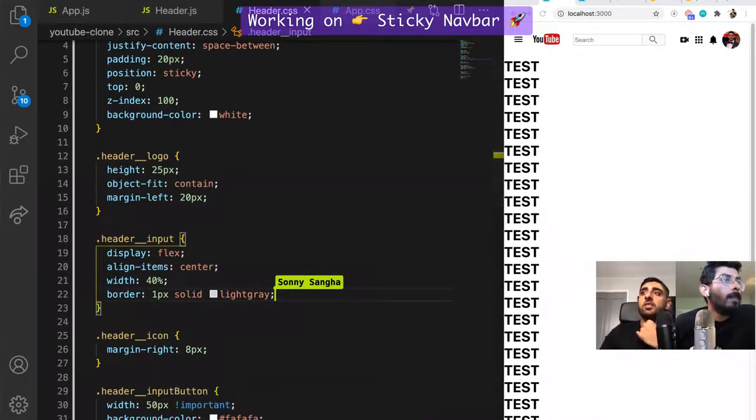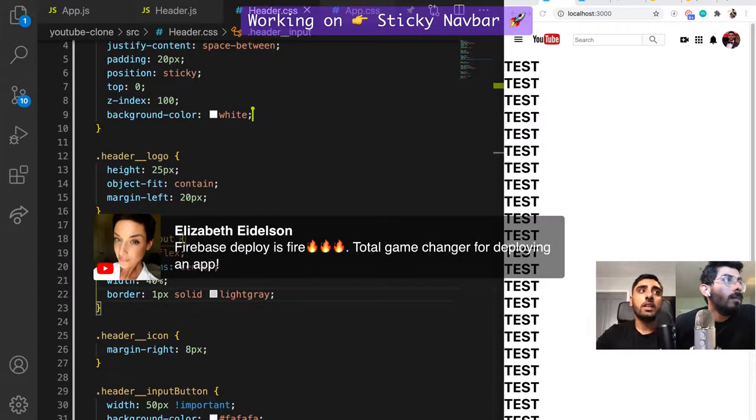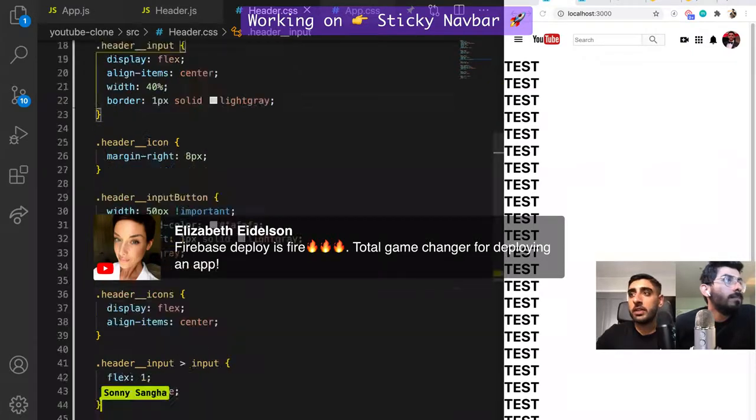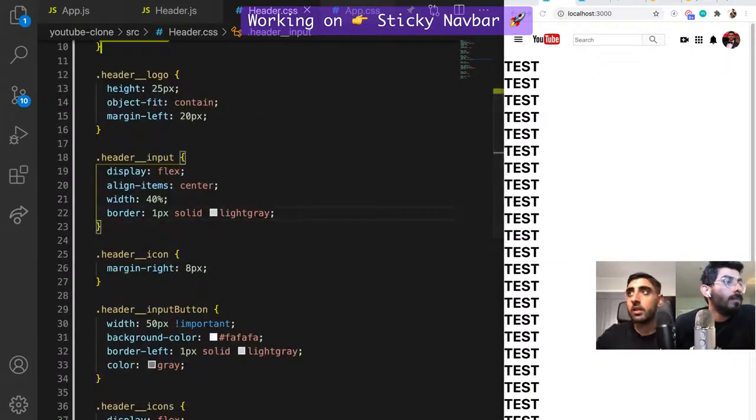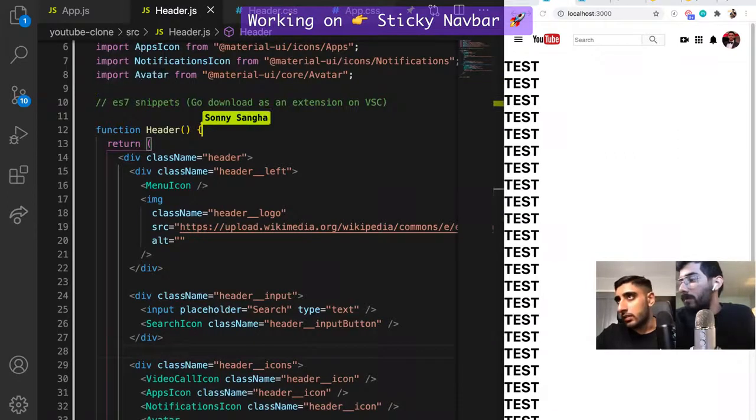Nice, guys. So we just pretty much finished the header. We just changed the background color to white. And with that said and done, we actually just got a perfectly responsive navbar. Not navbar, a header, which is perfect. Okay, so awesome. With that done, now what we can go ahead and do is move on